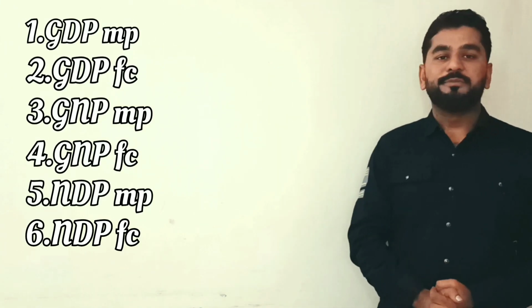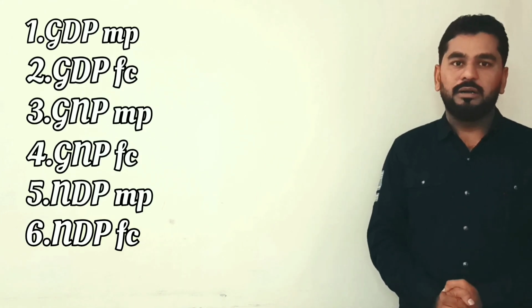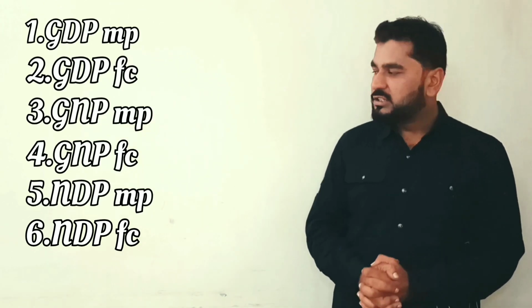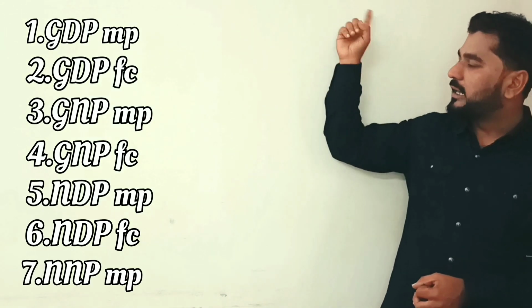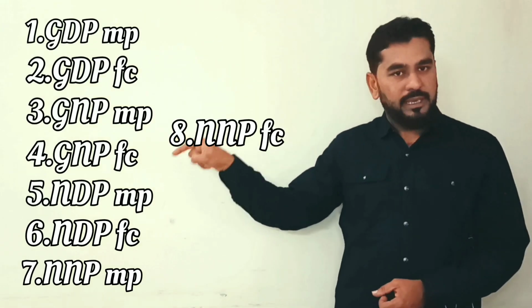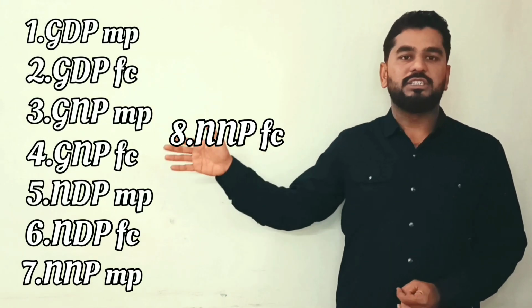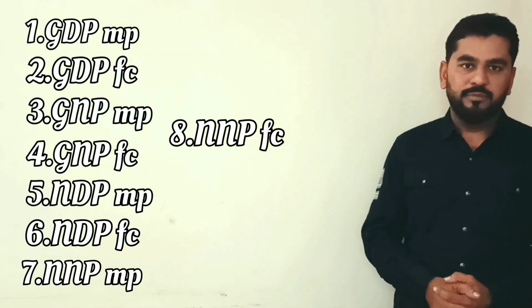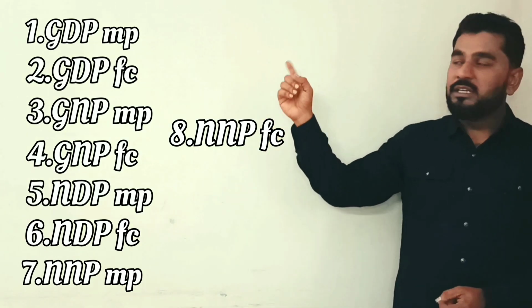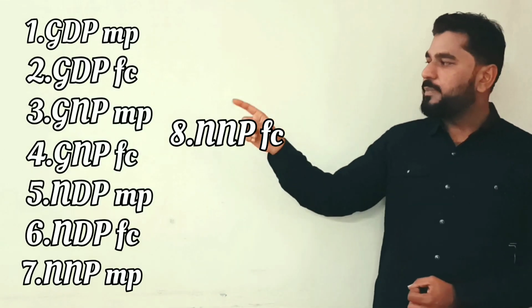Next, let us move to the 7th aggregate as well as the 8th aggregate of national income accounting. Now, the word domestic, I have to replace with national. So NNP at market price, that is net national product at market price. Again, NNP as it is, in the place of MP, I replace FC. That is net national product at factor cost. So the total 8 aggregates are GDP MP, GDP FC, GNP MP, GNP FC, NDP MP, NDP FC, NNP MP,